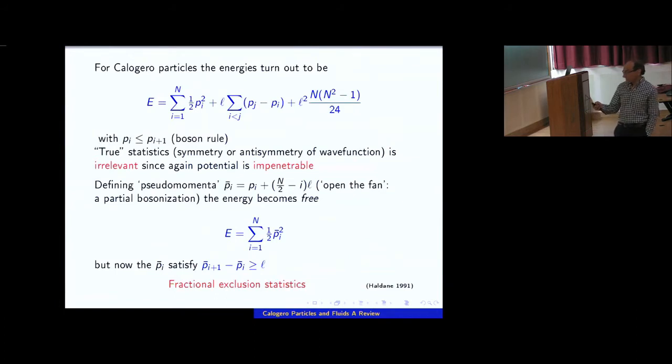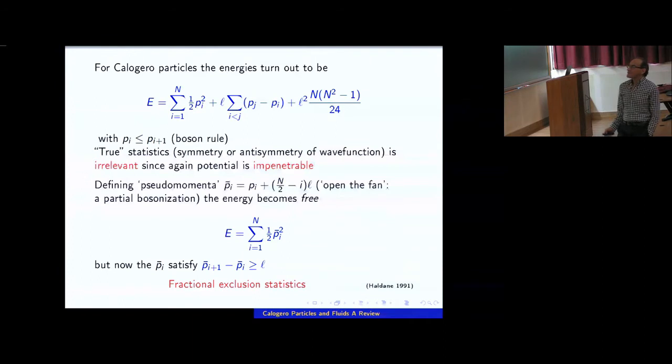This is what happens with the Calogero model. You can show, we will see, that the spectrum has this form. It can still be characterized by a set of integers, p_i. These p_i's are integers and they obey this rule. They are ordered integers. But there is this extra interaction term and a constant. This constant is not very interesting, but notice that for L equal 1, it becomes the ground state energy of n free fermions. But this interaction energy is interesting because it tells us that this spectrum seems to be different than the standard one.